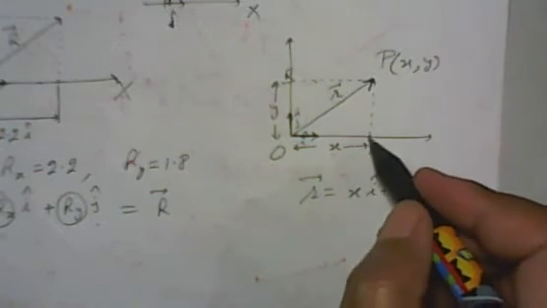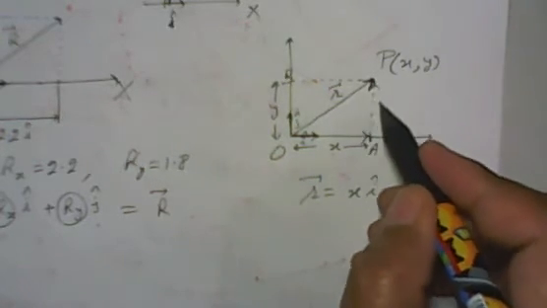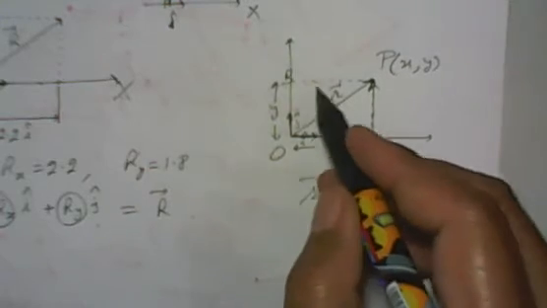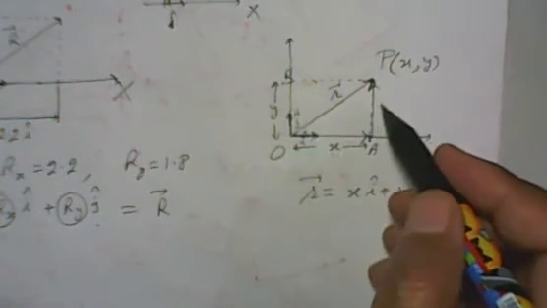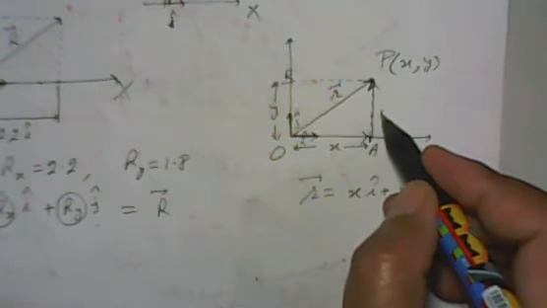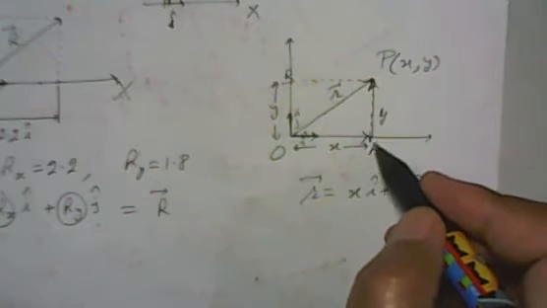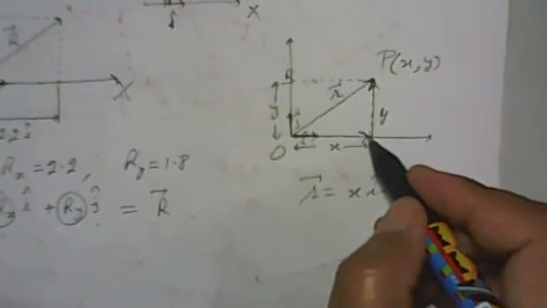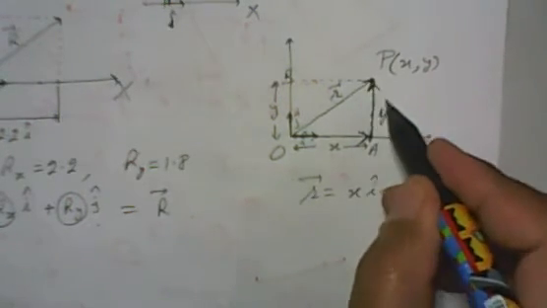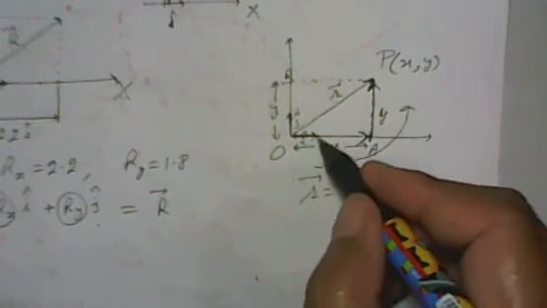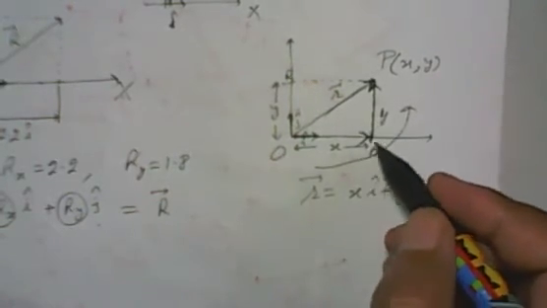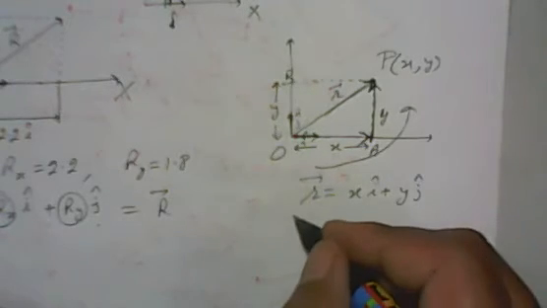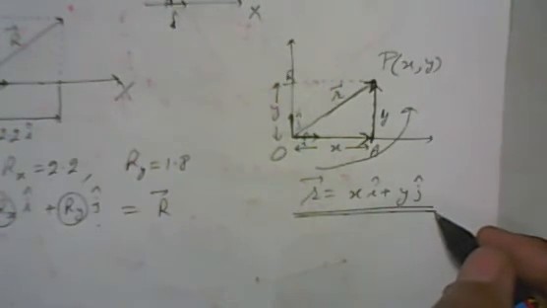Also you can see this vector is equal to this OB vector, the AP vector, because they are forming a rectangle. So therefore this is actually y. You have a triangle, so in this direction you have head and tail, in the same direction, and this is in the opposite direction, by the parallelogram law or the triangle law. So you get R is equal to xi plus yj.